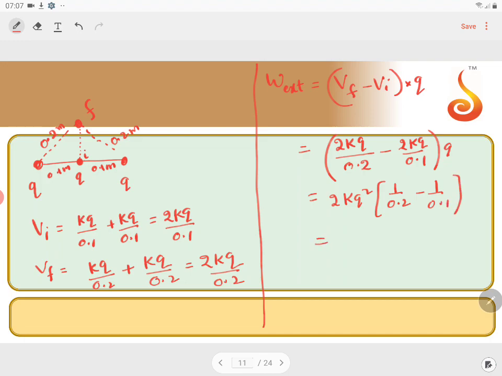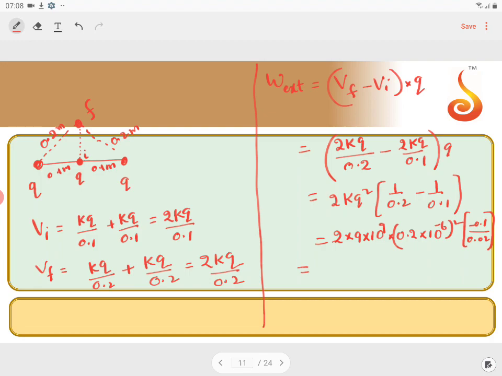If we cross multiply and substitute all the values: 2 into 9 into 10 to the power of 9 into 0.2 into 10 to the power of minus 6 whole square, into 0.1 minus 0.2 which is minus 0.1, divided by 0.1 into 0.2, that is 0.02. If you simplify this,